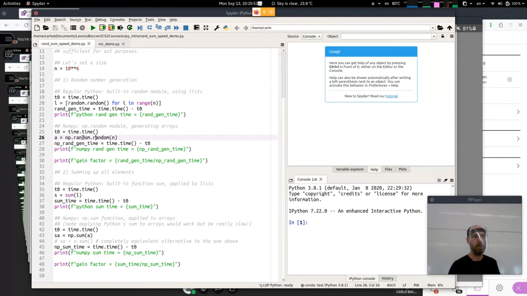Now, this one is faster, okay? But it's not faster in any fundamental way, not in a theoretical sense, let me put it this way. If you do a theoretical analysis in terms of the scaling of how long it takes as a function of the size of the thing, so the big O notation, right? This is still, of course, an order n operation. You write it in one line, but it still takes